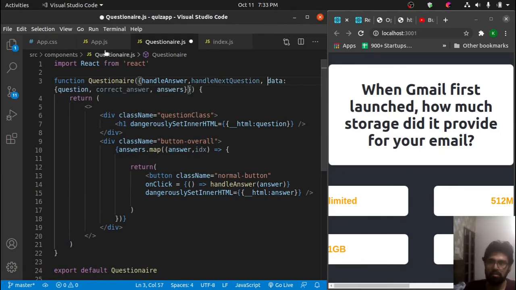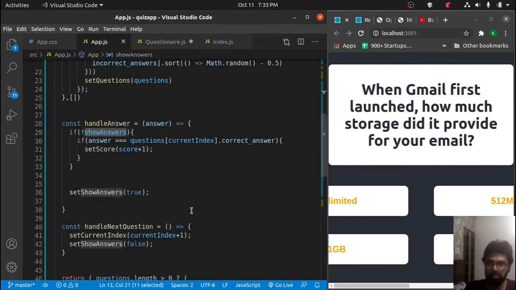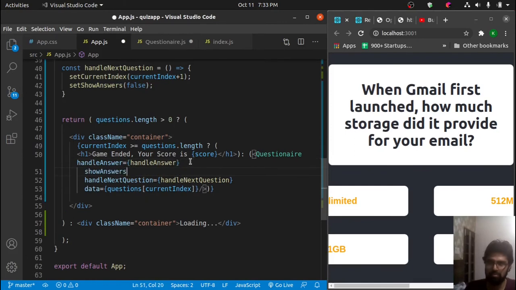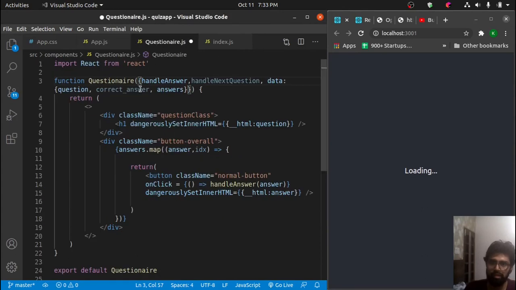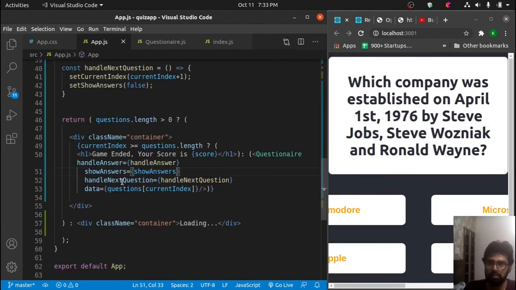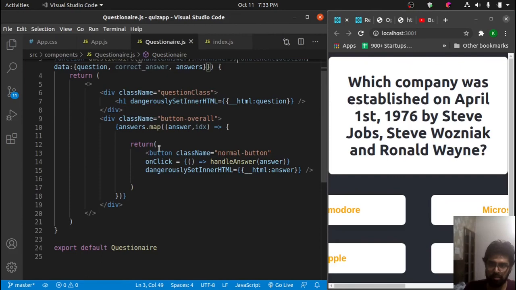And also let me pass this to answers state variable, because we will need it, I'll tell you why. Show answer we have passed, handle next question we have passed, and what we will do is at the end of the button return,